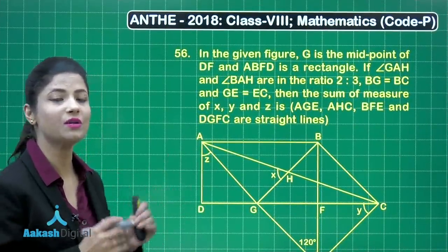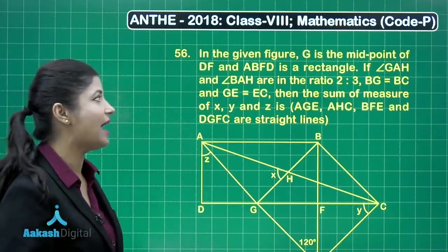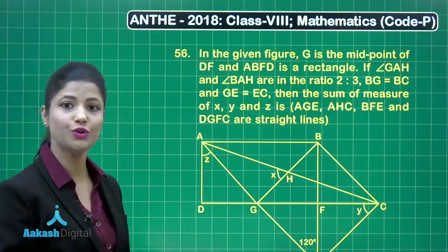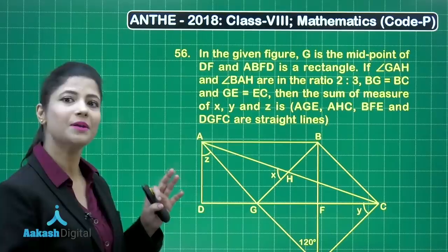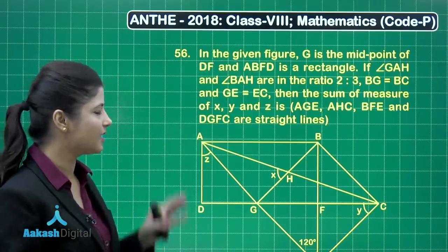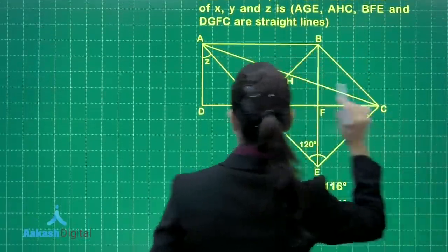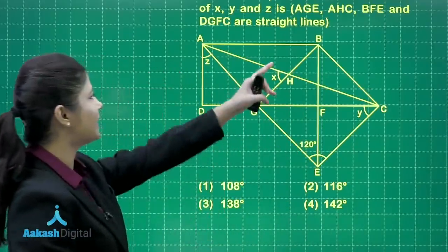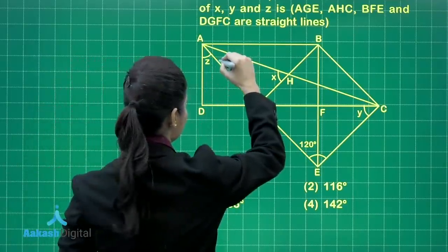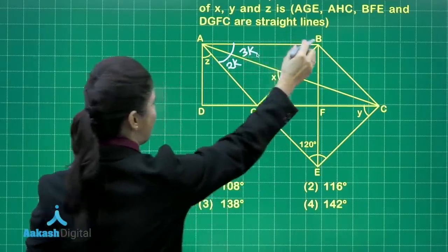Now let's discuss question number 56. It states that in the given figure, G is the midpoint of DF and ABFD is a rectangle. If angles GAH and BAH are in the ratio 2:3, BG is equal to BC, and EG is equal to EC, then the sum of the measures of X, Y and Z is, out of these 4 options given in this question. So here when we come to this question, it is clearly given that angle BAH and GAH are in the